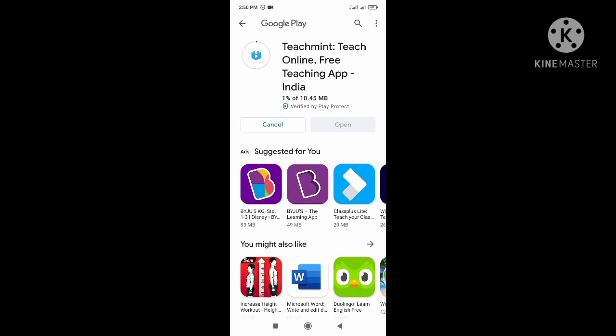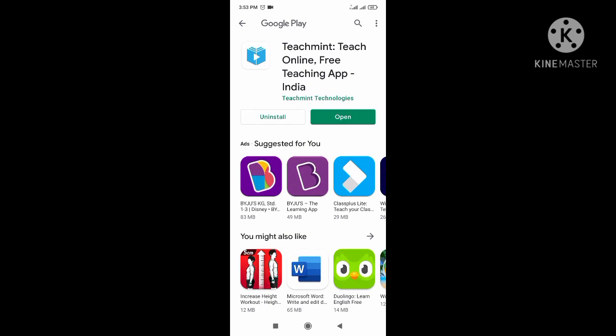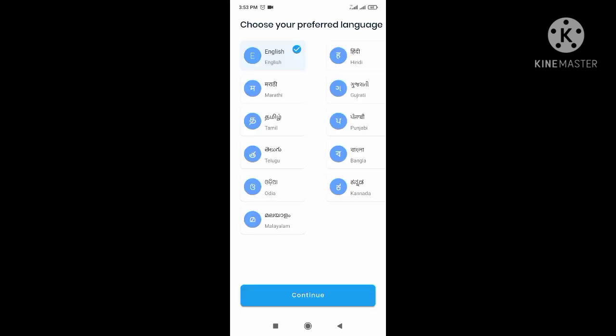Then once you install this app, follow the instructions given in this app. Once it's installed, you just have to click on open, then select the language English, then continue, and then